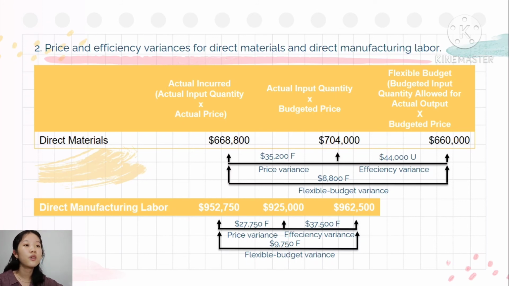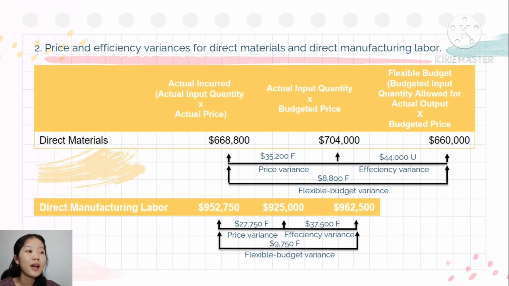So for the direct materials, it has an effect on the operating income. The price variance has the effect of increasing the operating income. But the manager should watch the efficiency variance because it's unfavorable for the operating income. And for the direct manufacturing labor, by knowing the price variance and the efficiency variance, the manager can know